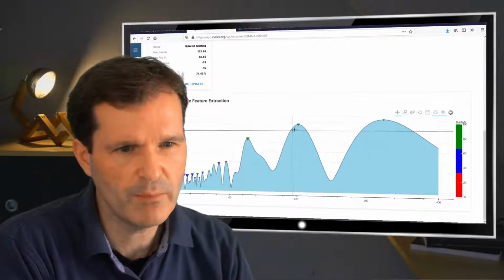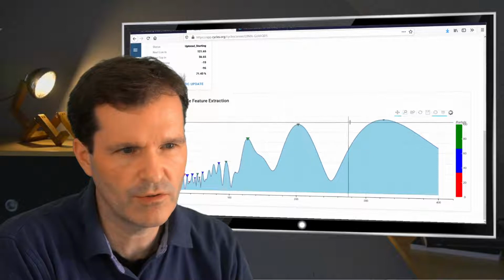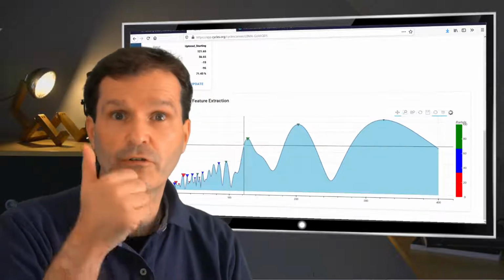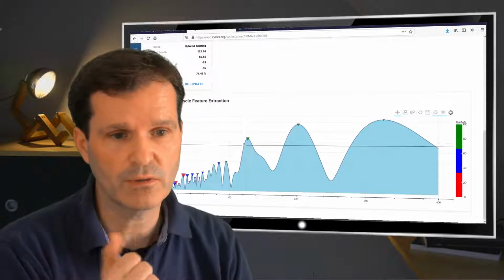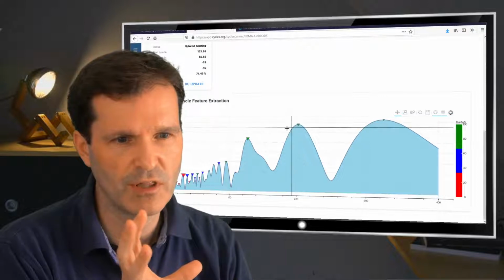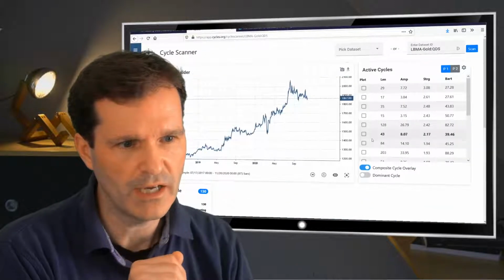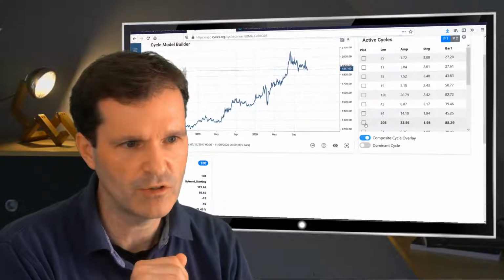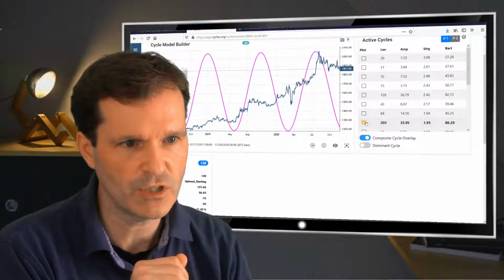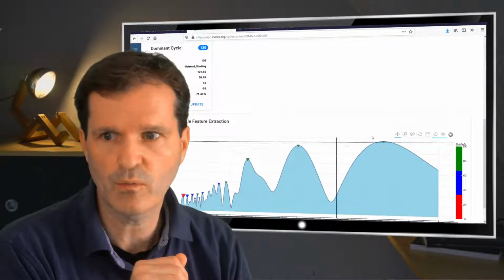So here we have 3 peaks standing out. The 128, 203, and 325. All 3 have green triangles, which means the Bartels score is okay. And these have the largest triangles. So I would start with the largest green triangles. These 2 would be good to pick. So let's use the 203, which is this one here, 203 and 128.